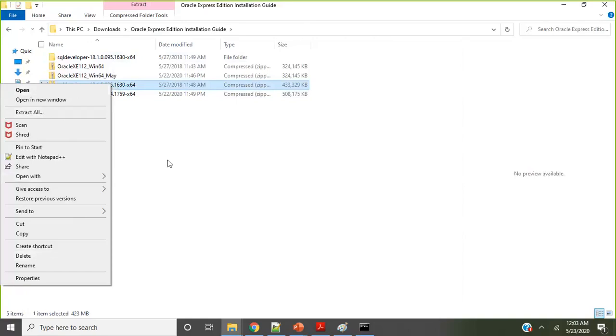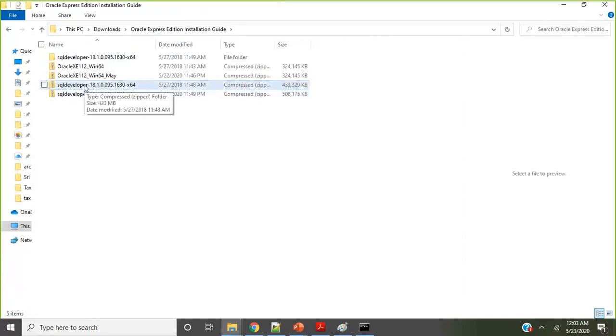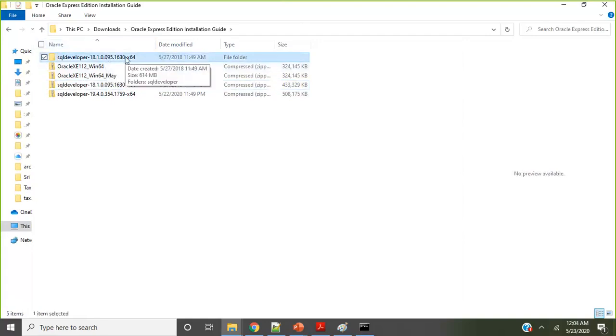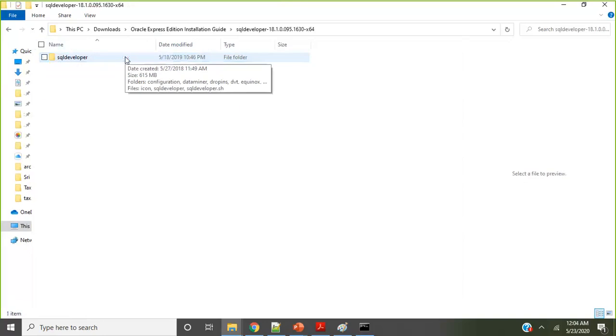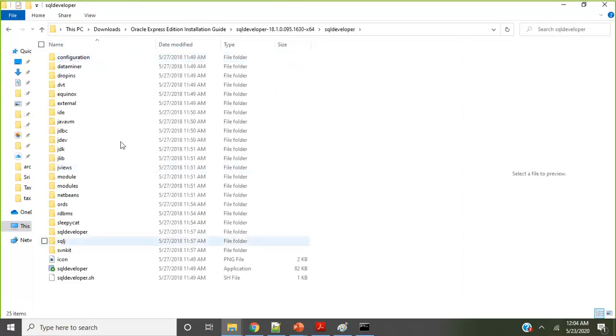In my case, I have already extracted it because it takes a little time. Once you click on that, you will have another folder called SQL developer. Click on that, and if you keep coming down, you will see a symbol like SQL developer.